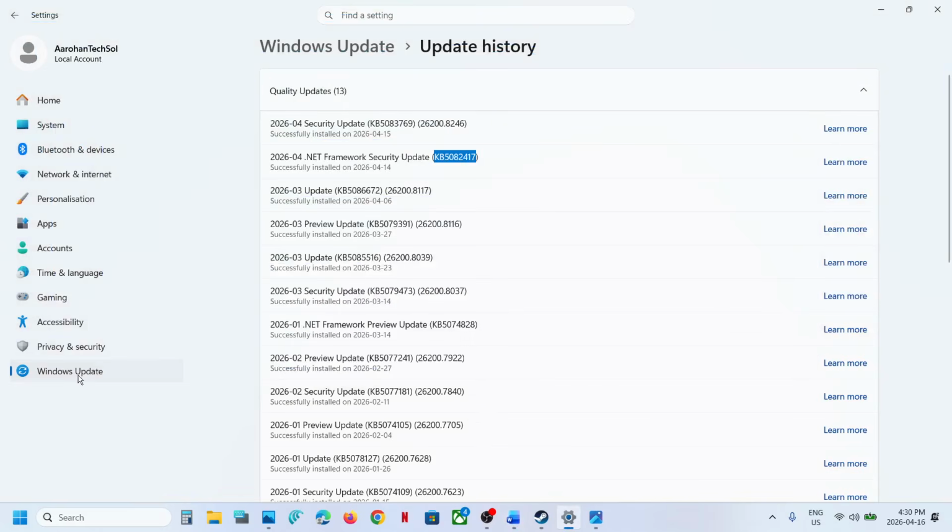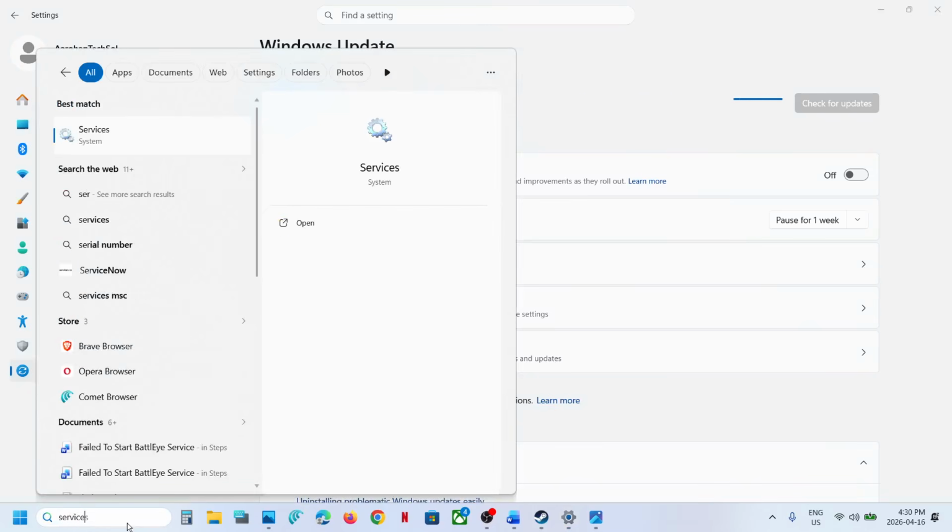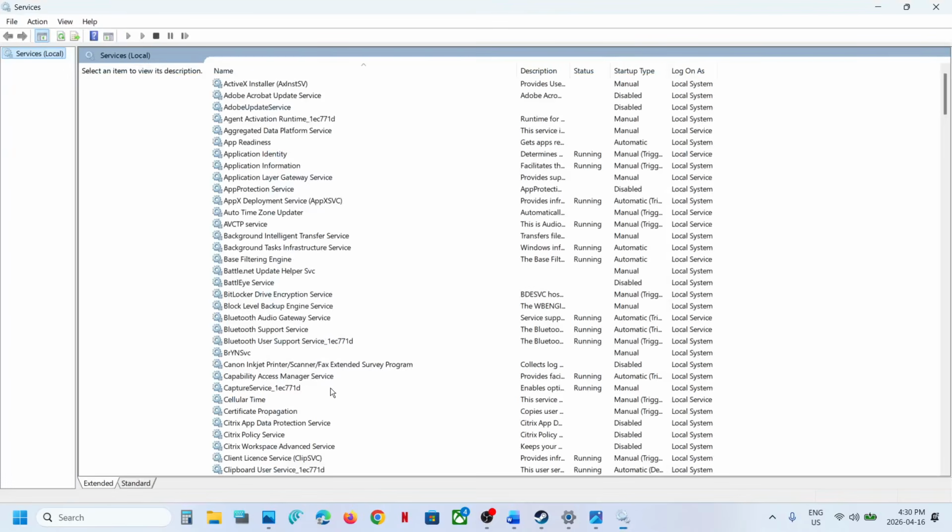Now the first step is to go to Windows Update and then go to here. You can see pause update option, hit pause over here. Once it is paused, now click on resume updates and then you can check. If that does not work, type in services in Windows search box, click on services, find Windows Update in the